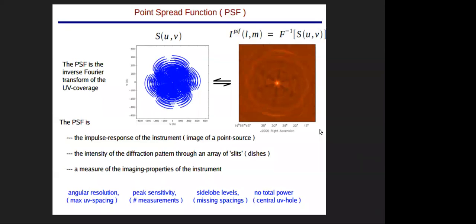So remember I told you about the effect of the PSF. The PSF is basically the Fourier conjugate of your sampling function, right? So if you have more and more data points in your UV domain, that is, you sampled your UV domain more uniformly and more appropriately, you will get a nice PSF. Remember that your PSF is convolved with your sky when you observe with your instrument, and the whole purpose of clean is to deconvolve this PSF. So if your PSF looks nice, the work is much easier than with a nasty, bad-looking PSF.